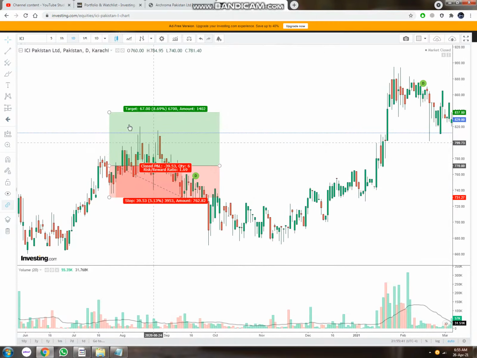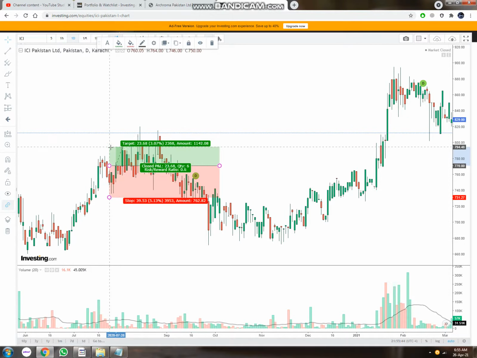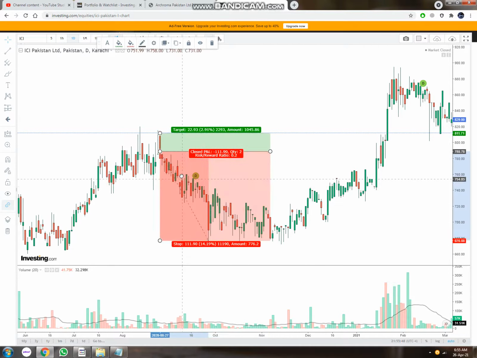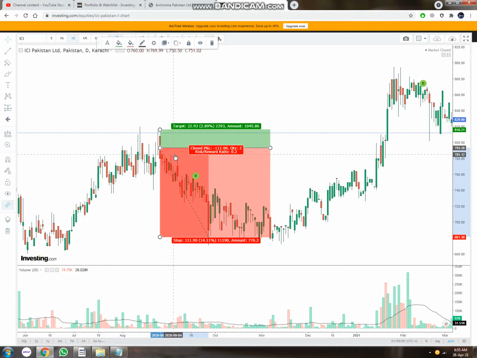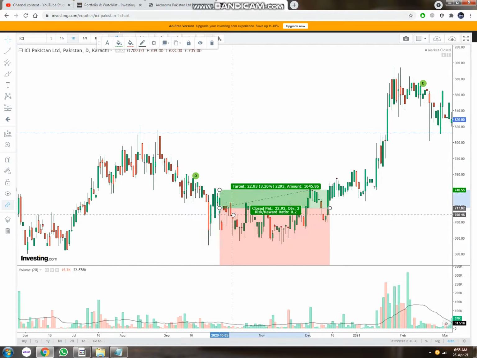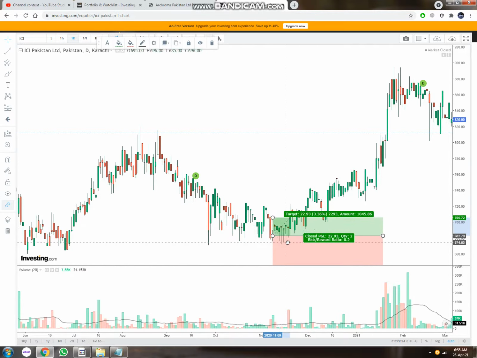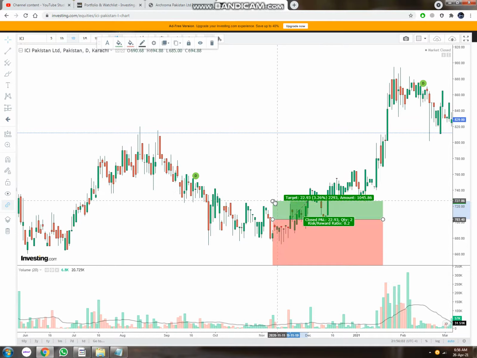Now for the short side, when you short your position, adjust this side, the buy side, and make this unlimited. At this point you can see it starts to come down. Move this along with it. As it breaks this trend line, you close your position and it went up.